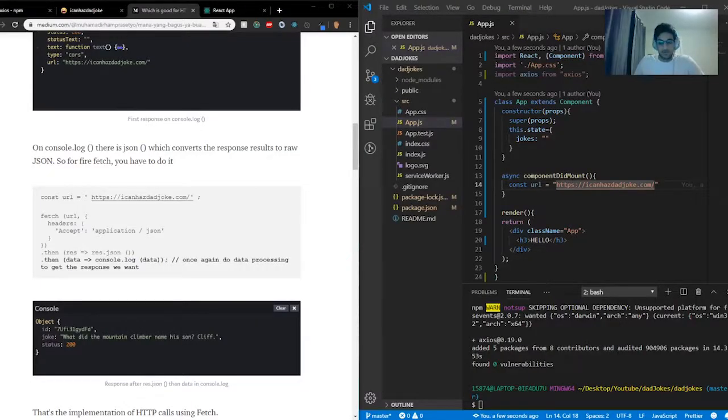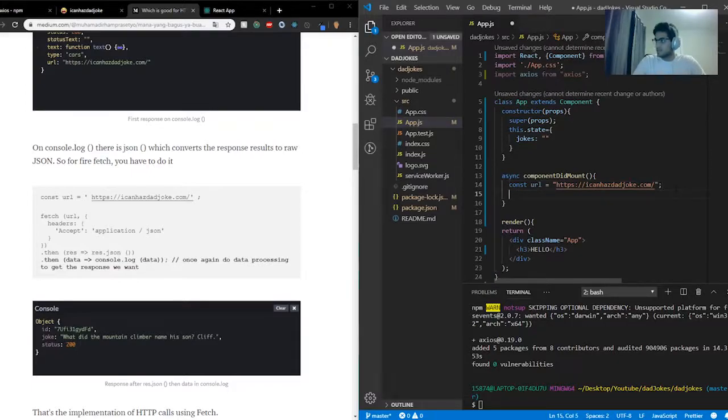Hopefully you guys give it a try, and if you couldn't figure it out, no problem. That's how we get better, by trying. So first things first, I want to create a let, not a const, but a let result equal to null, because we will be changing its value later on. And inside of a try catch,